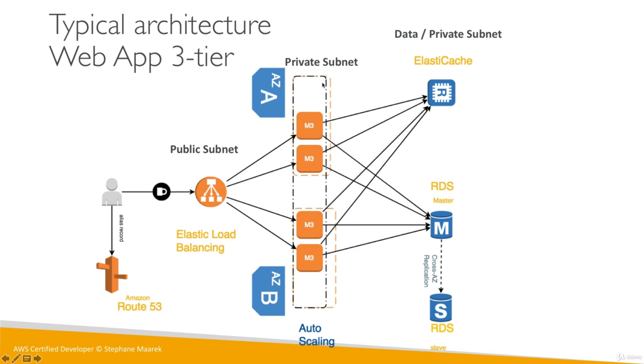As we can see, finally, the auto-scaling group is in the private subnet because it only talks to the ELB, and then our ElastiCache and RDS are in the data/private subnet. So you can create another subnet here called the data subnet, or you can just reuse the private subnet. But basically, all these things right here are not directly accessed by me. As an end user, I only access my Elastic Load Balancer.